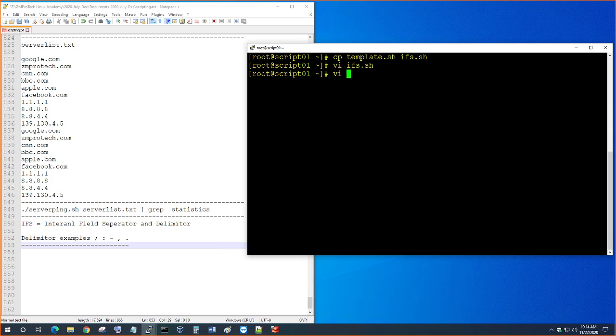I'm going to say delimiter file .txt. In here, I'm going to do ZMPT01, a semicolon, then I have 192.168.56.100 and a semicolon. So what I'm saying is you have a file, you will get it, which